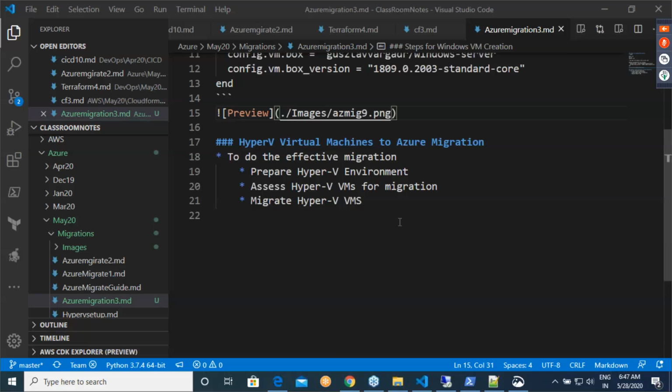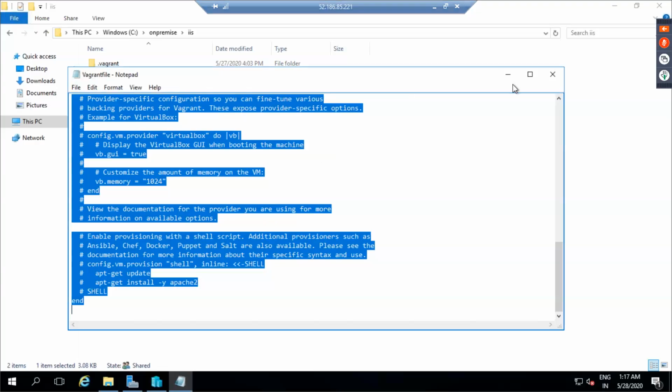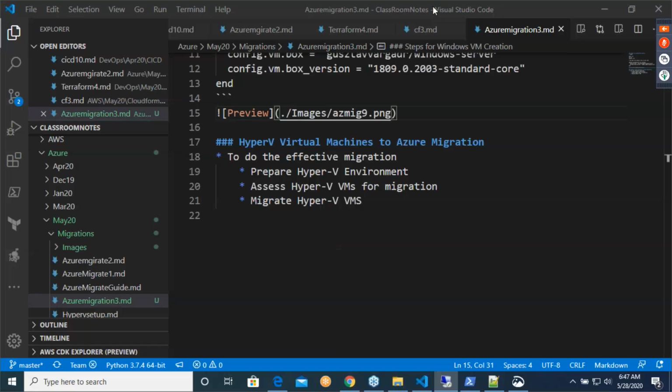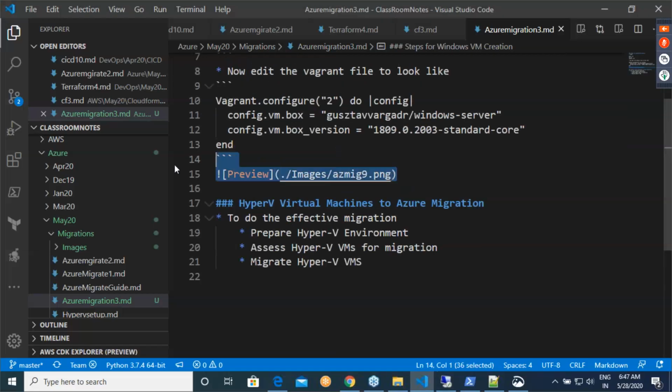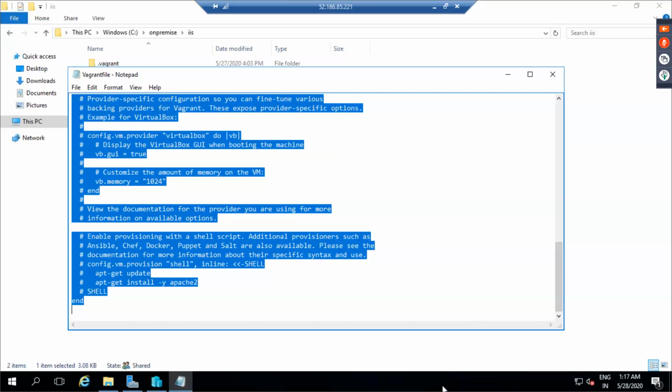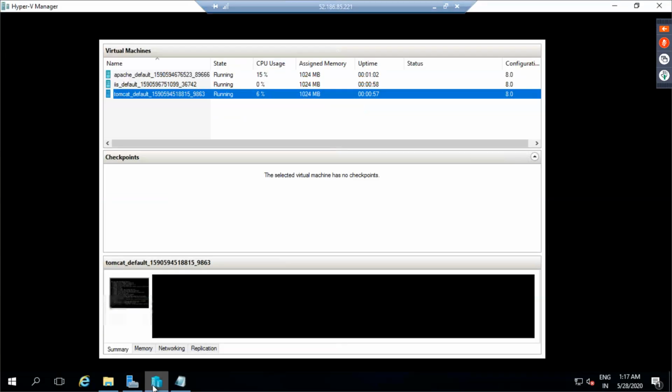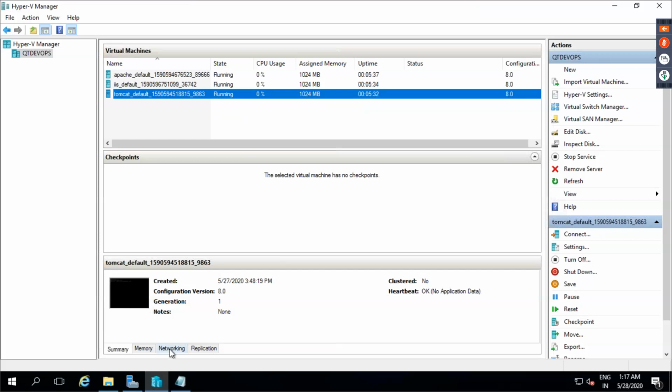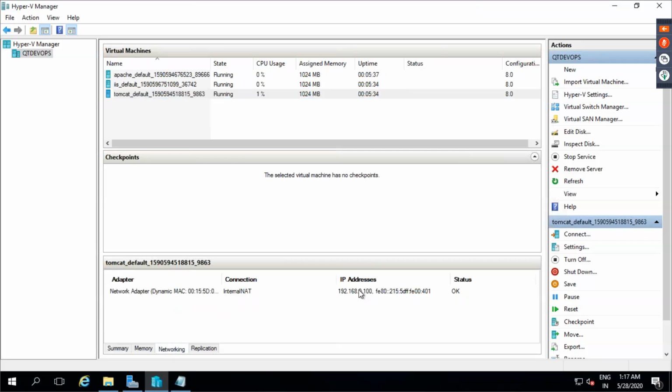Right. So now we need to basically follow the documentation. I have a Hyper-V environment where my 3 virtual machines are running, and I've shown you how to create that. But as I said, this machine might take a lot of time. First time whenever you run this machine, you might even get an error message saying that I didn't get my IP address. But just still wait, because the machine which I've created is not that capable. We have to wait till we see the IP address over here.